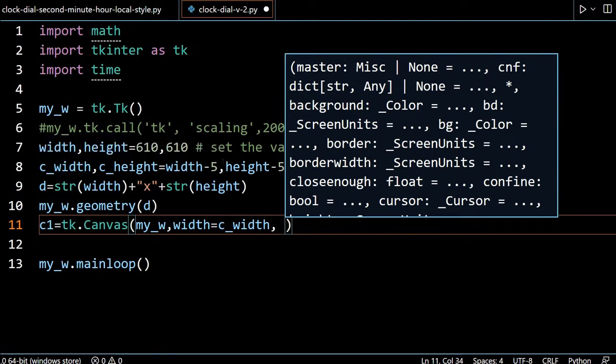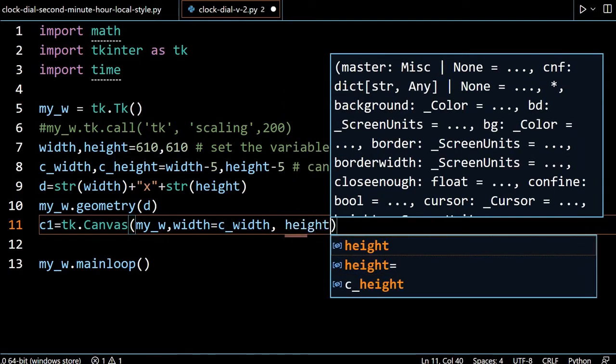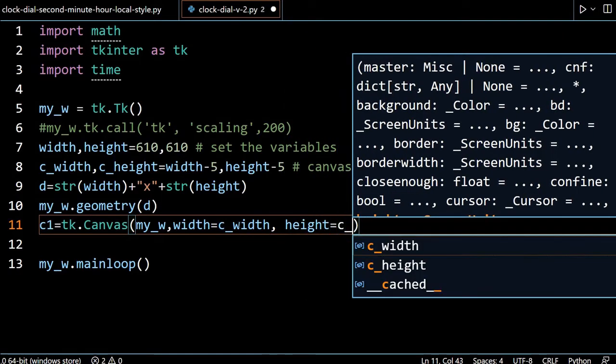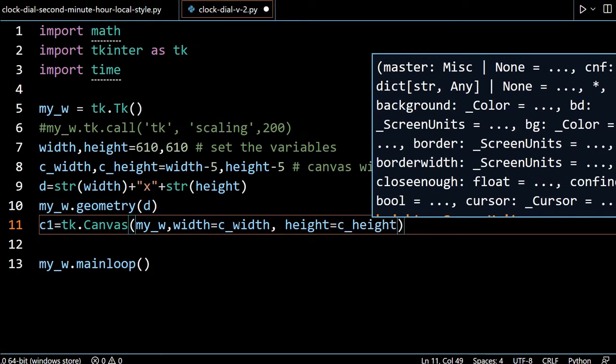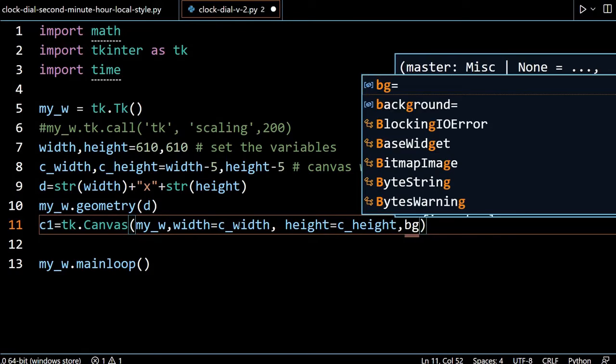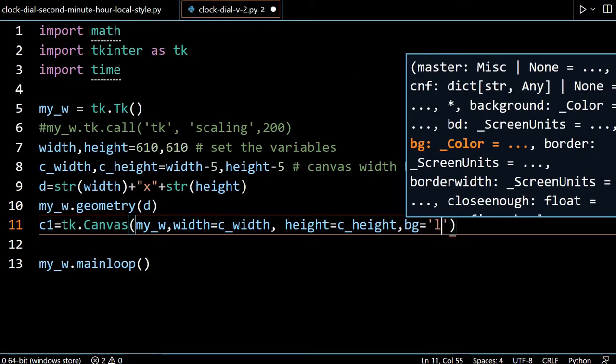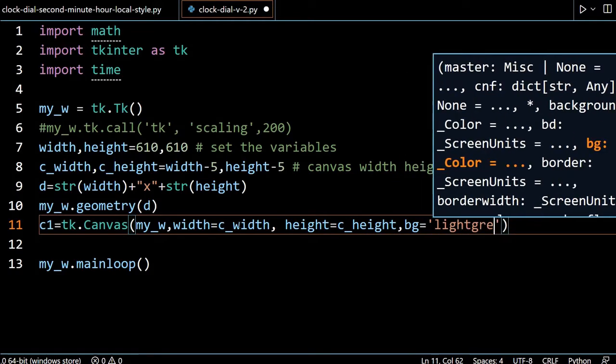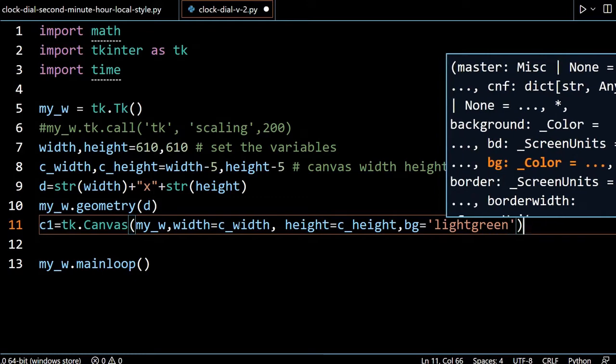At line number 8 you can see all the values we have declared. So c_width, and height is also c_height, meaning canvas height. And bg, the background color, I am giving light green. You can give anything, or a hex code can also be given.